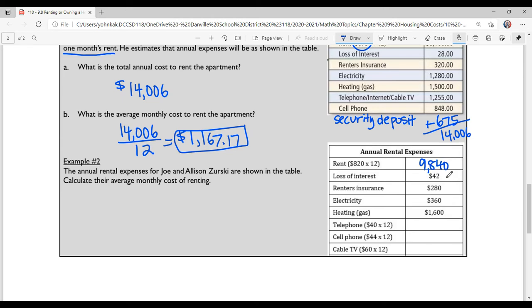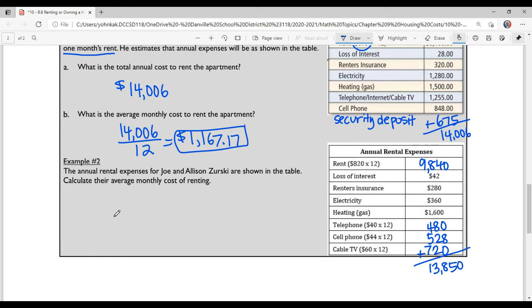Loss of interest is $42. Rental insurance, $280. Electricity, $360. Heating and gas, $1,600. Telephone is $40 a month for 12 months. That's $480. Cell phone is $44 a month for 12 months. That's $528. And cable TV is $60 a month for 12 months. That's $720. If I add all of these values up, I get